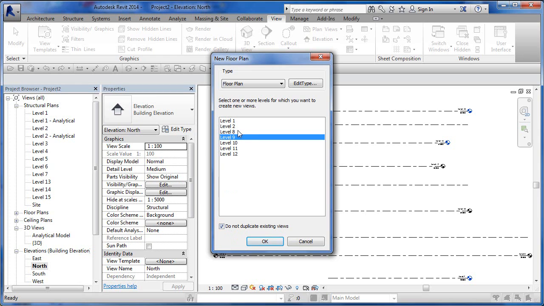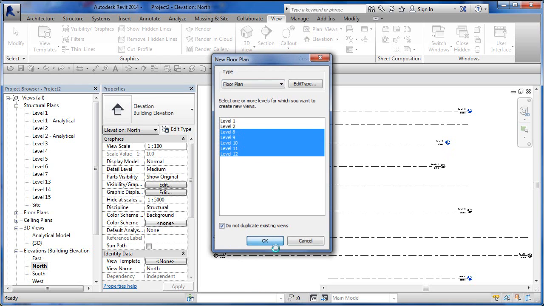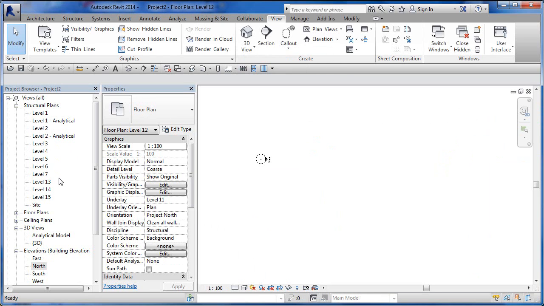Now, I'm not sure why it's got level 1 and 2 in there, because level 1 and 2 actually have floor plans. I'll have to investigate that a little further. But let's take 8 to 12. Using my shift key, I can grab all of those and say make floor plans of all these levels. Click OK. Boom. Over here, all of a sudden,